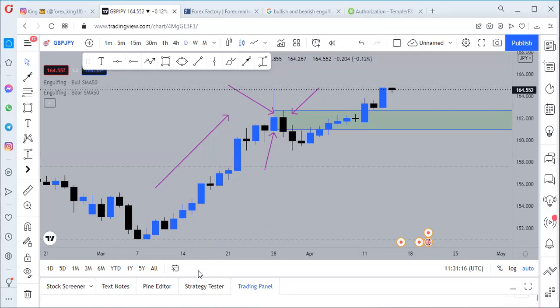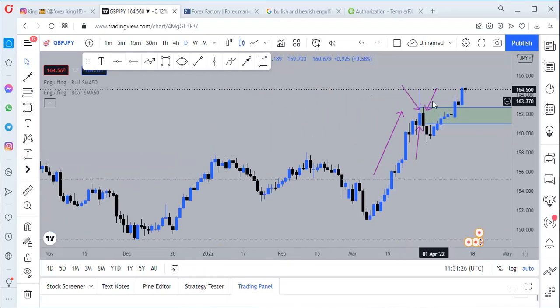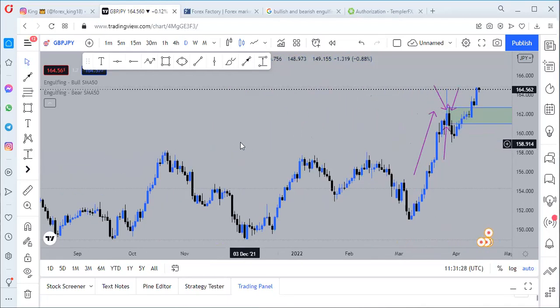$16 to 3,000 US dollars. Okay, it's because of just one thing: bullish engulfing and bearish engulfing. Now let's look at another one. That was one scenario. Okay, for example,